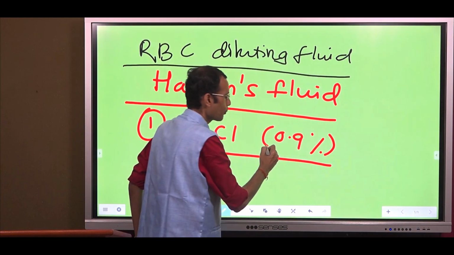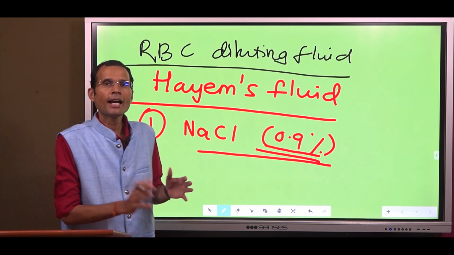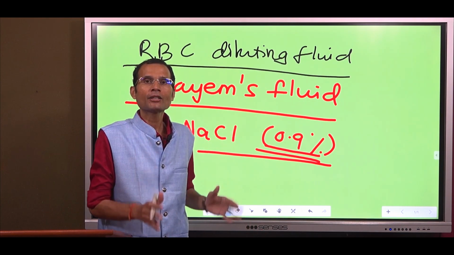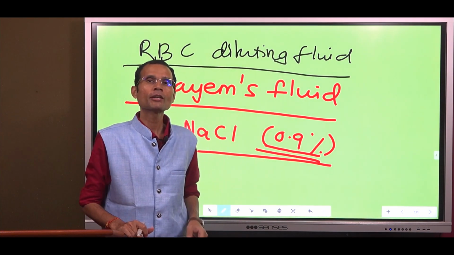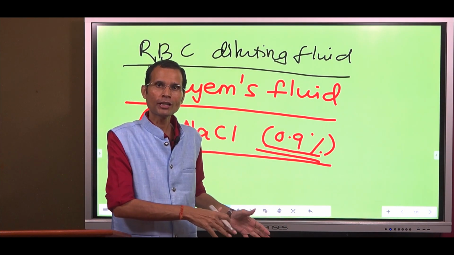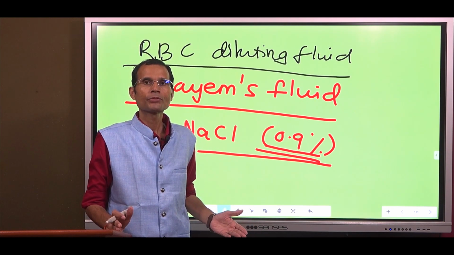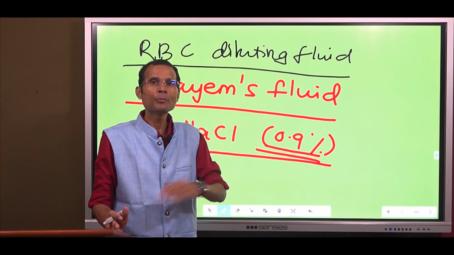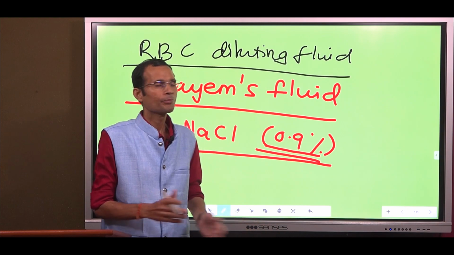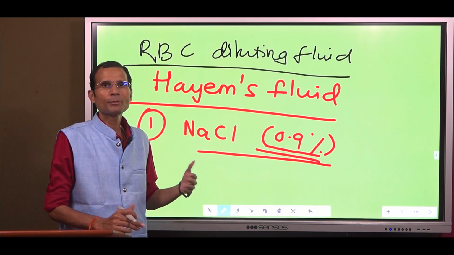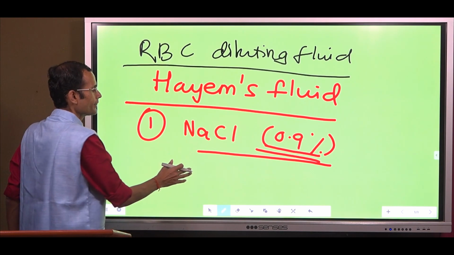Therefore 0.9% sodium chloride is the isotonic fluid. It provides isotonicity to this entire fluid. If the fluid surrounding the RBCs is not isotonic, then there will be fluid movement either into the RBCs or out of the RBCs, and then the RBCs will be broken down. We won't be able to count them. So NaCl,